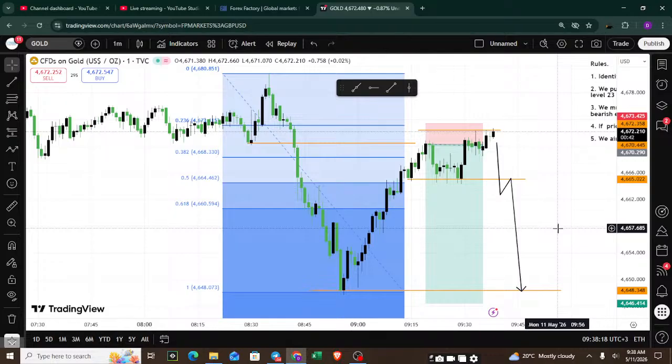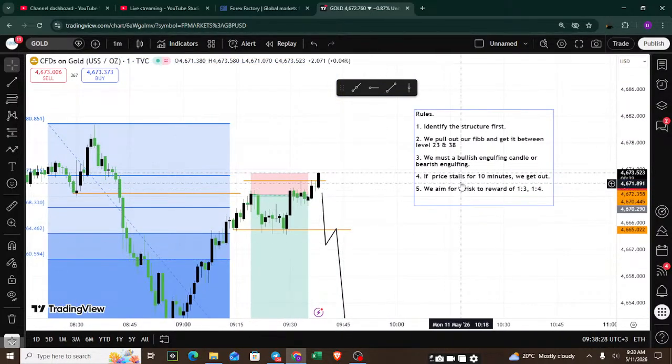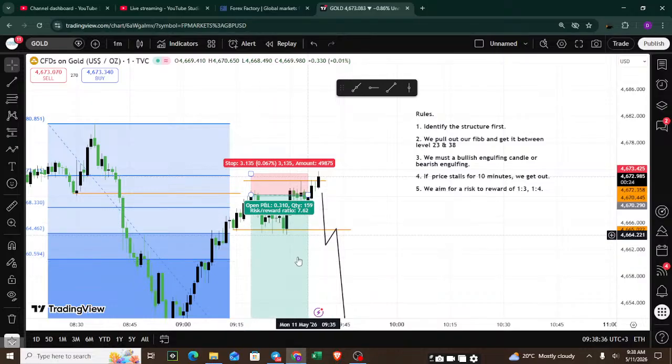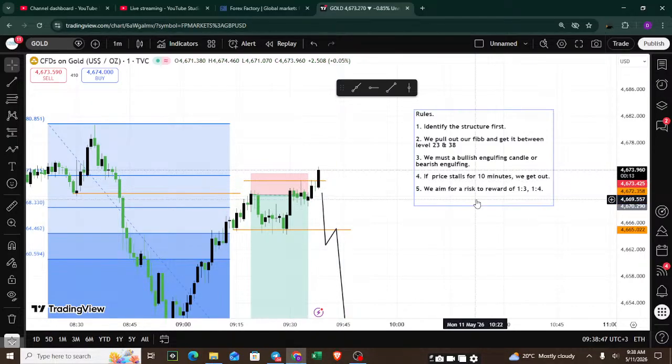Price is not breaking the 23 level, it has stayed for so long without giving me profits. As we said in the beginning of the session, if price stalls for 10 minutes, we get out. When you backtest and find these scenarios very many times, you automatically know that even if the trade idea is good, but price is stalling, then that's a signal. It may not be a profit signal, but it's a signal telling you to get out.